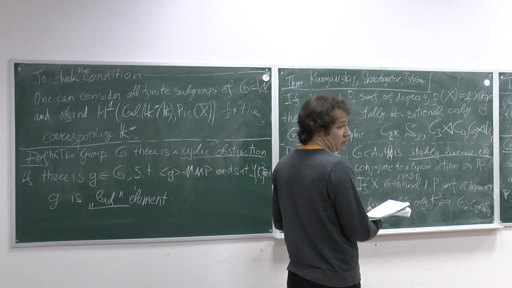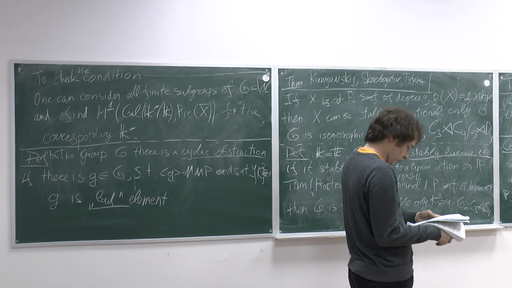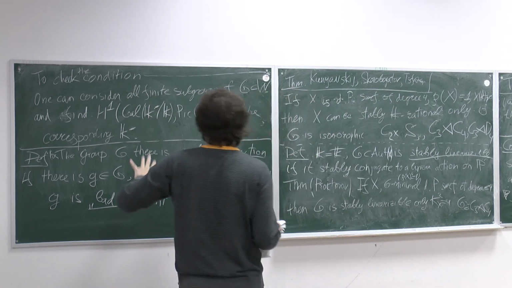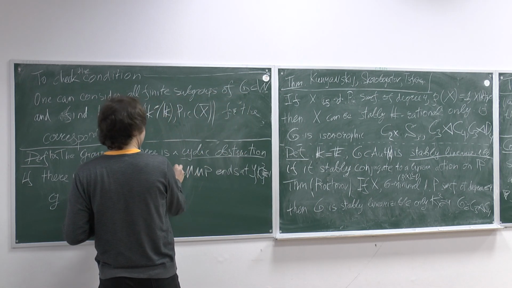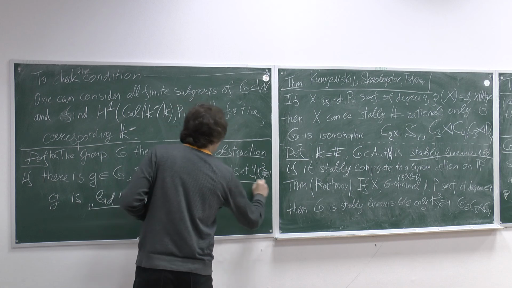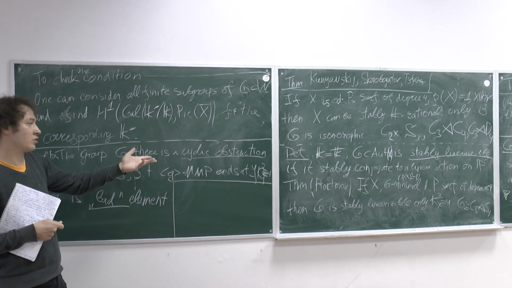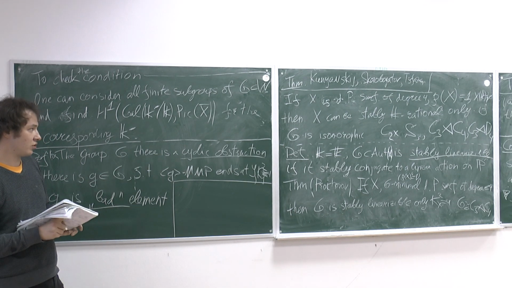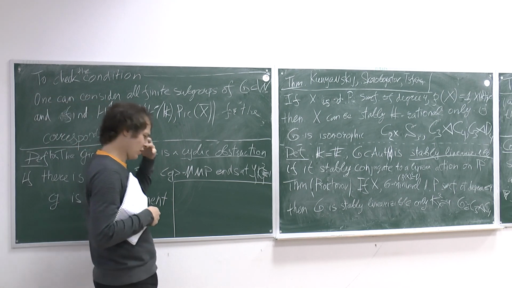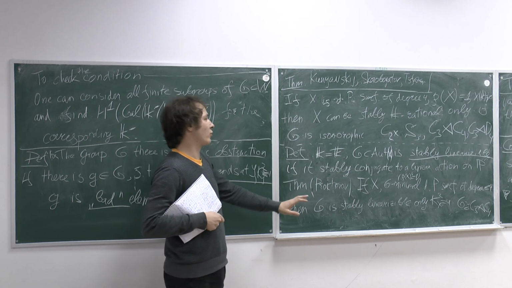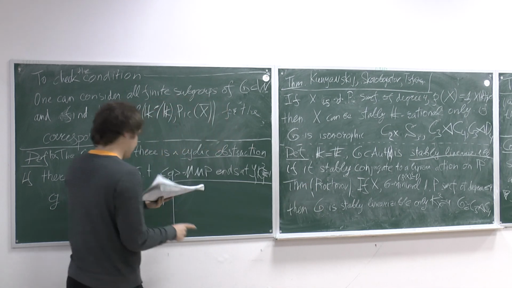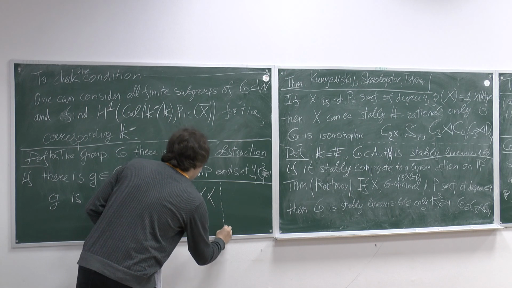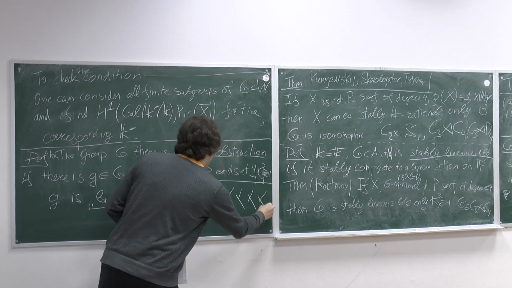Yes, so it's case by case, but it's very simple for quasi-finite fields, so there are no problems. Well, we want to just consider cyclic subgroups, consider the G-equivariant MMP, and find possibilities for surfaces without cyclic obstructions. One remark: this cyclic obstruction is a less powerful condition than if one would consider all subgroups of G, since there is an example of an action on a conic bundle with 4 degenerate fibers,